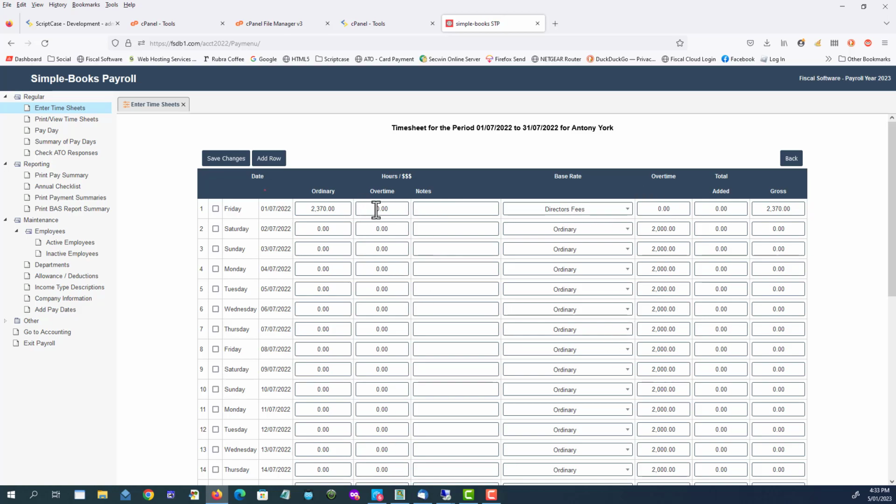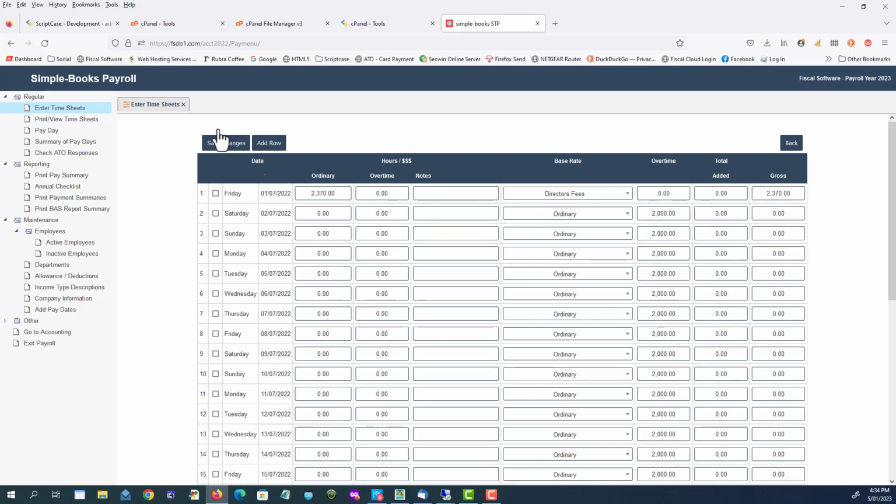Also, on the 1st of July we will remove the overtime column. It's no longer required, and you also have a notes column where you can make notes if you need to remember a particular payment or some sort of calculation. You can use the notes column now. So we'll save the changes for that one, and